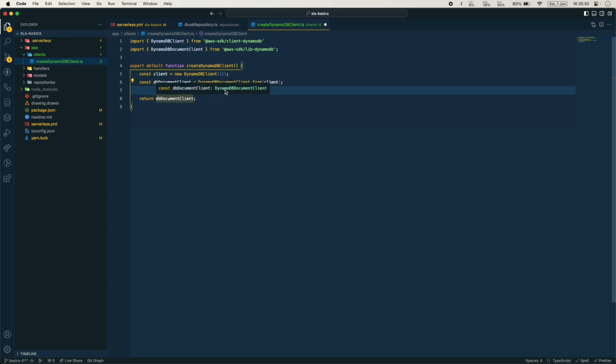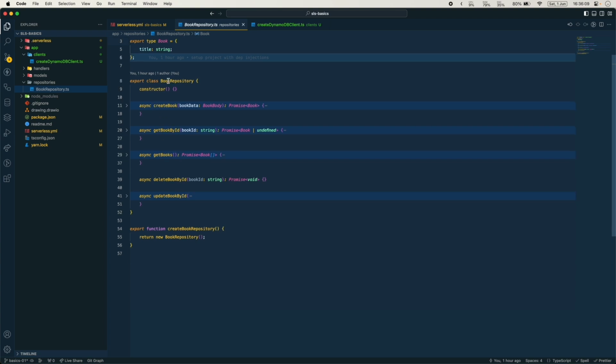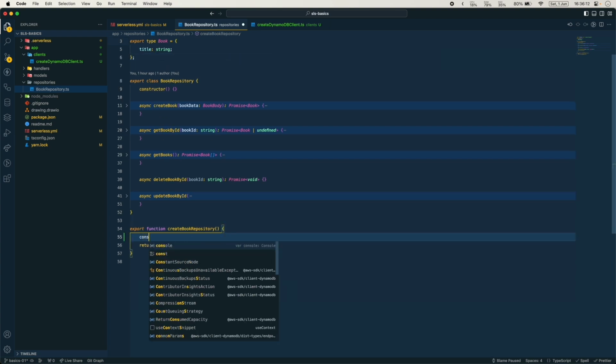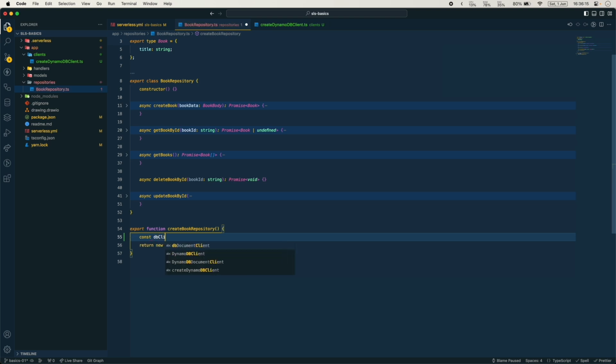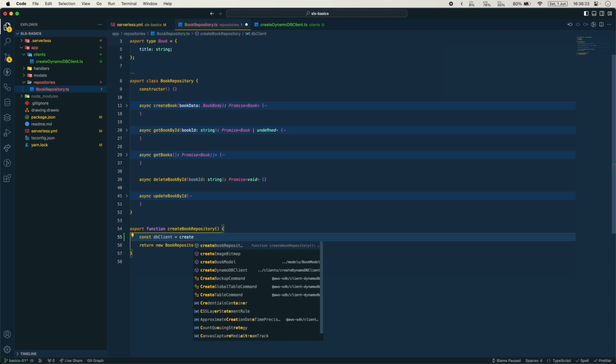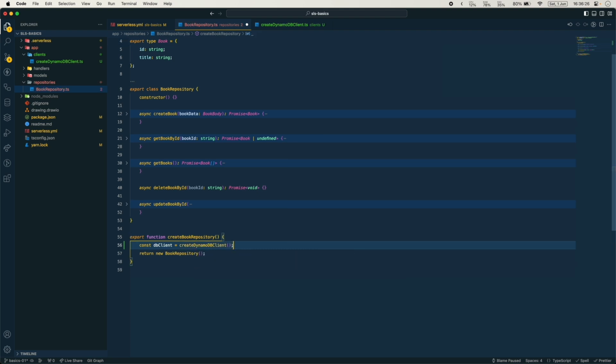So this will return a DynamoDB document client, and we can use this to interact with DynamoDB and create queries and stuff like that. So now that we've created this function that basically sets up the SDK to connect with DynamoDB, we can inject that into our book repository. So we can create this client, so DB client. So this can now be any type of database. It doesn't need to be just DynamoDB, but then we can create a DynamoDB client and we can inject that into our repository, and now our repository should